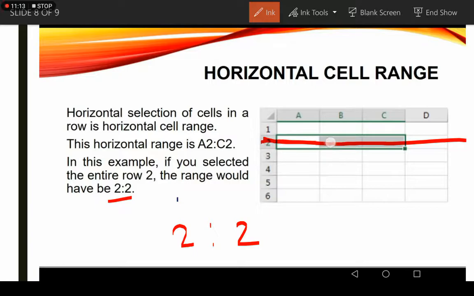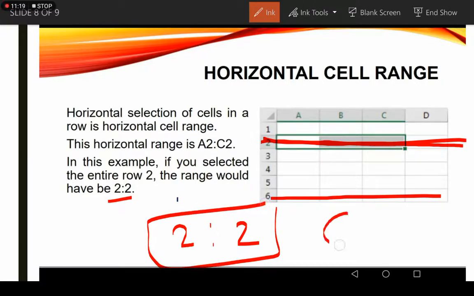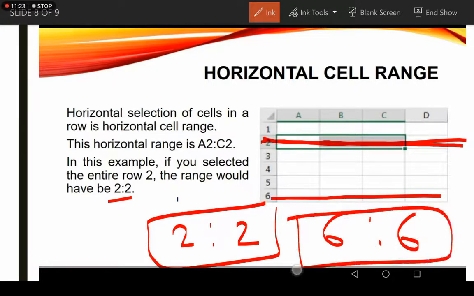It means it will select the complete row number 2. If you want to select row number 6, you can simply write 6 colon 6, so it will select the entire row number 6. So I hope it's clear.